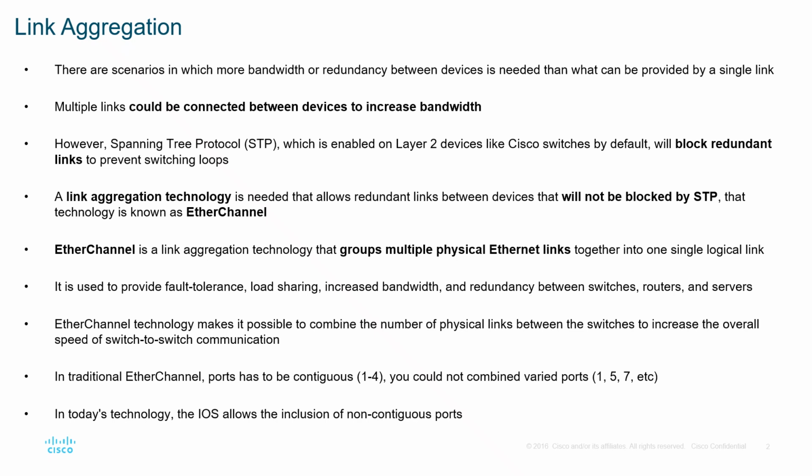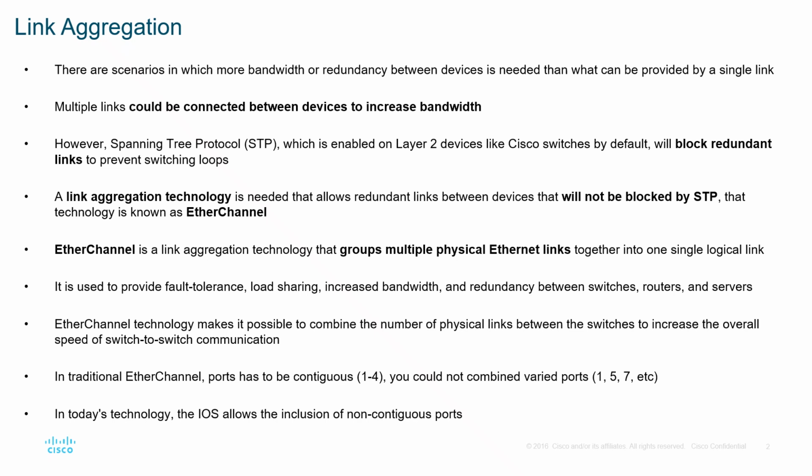So EtherChannel, again, is a link aggregation technology. It groups multiple physical Ethernet links together into one single logical link. It is used to provide fault tolerance, load sharing, increased bandwidth, and redundancy between your switches, routers, and servers. So it makes it possible to combine the number of physical links between the switches to increase the overall speed